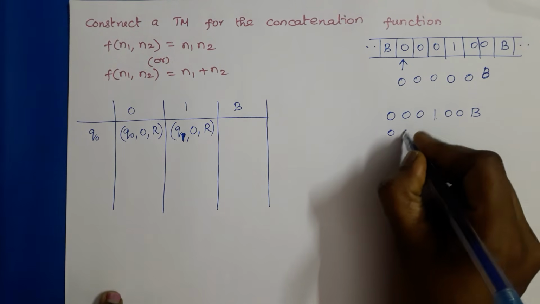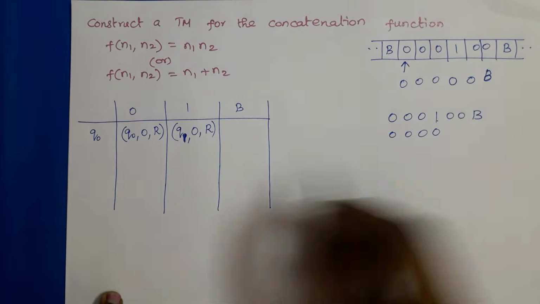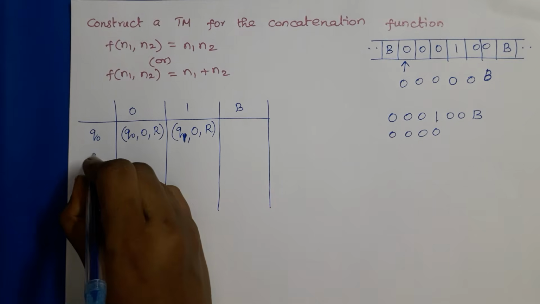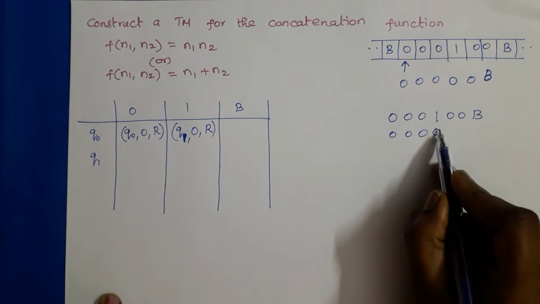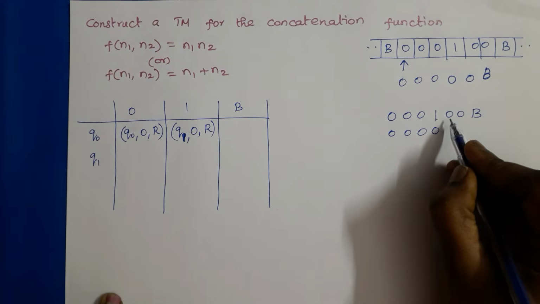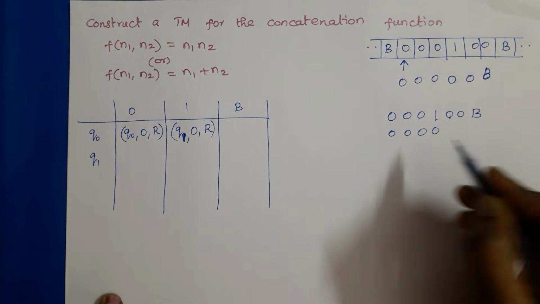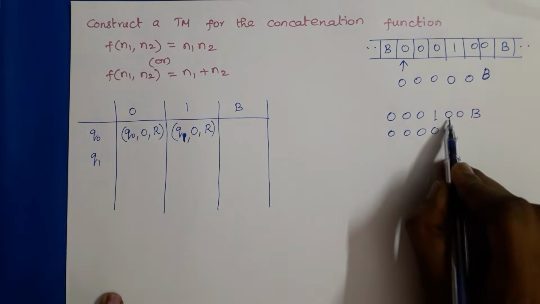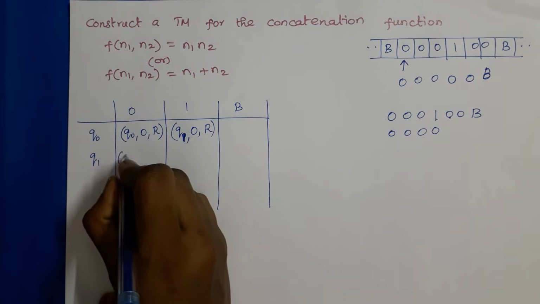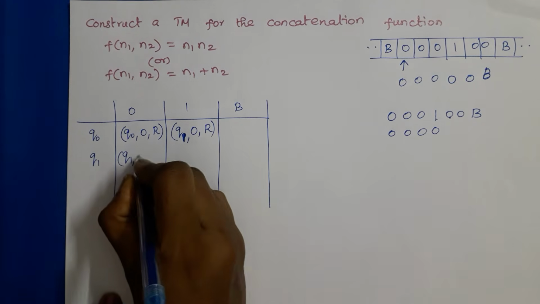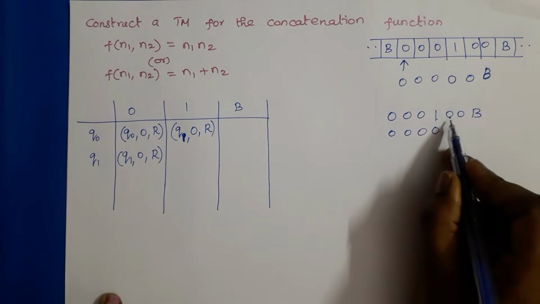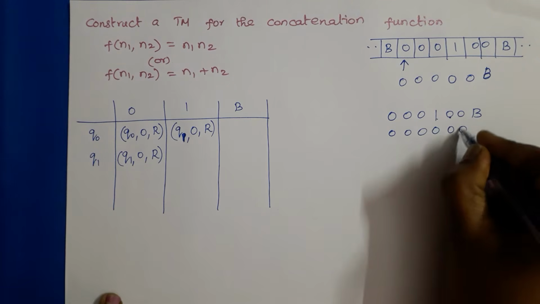Okay, so 0 0 0, 1 is replaced by 0 now, right? 1 is replaced by 0 and we entered into state Q1. So in state Q1, after replacing 1 by 0, tape head is scanning the next symbol 0, right? In state Q1, we will see some number of zeros now. If 0 is the tape symbol, no change in state and no change in tape symbol, move is right move. So this is repeatedly performed until we have seen blank.